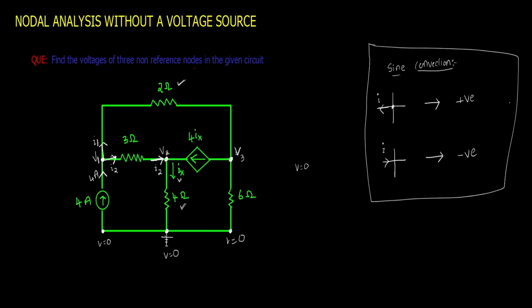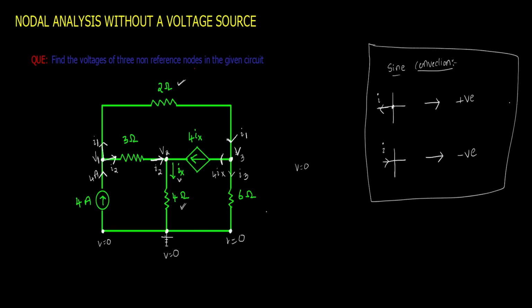So we are done with V1, the first node, and V2, the second node. Now we know that the current I1 passes through the 2 ohm resistor and enters the third node. So we name this as I1, and here we are already given the 4Ix current exiting the node. So this is 4Ix, and here we need to consider a current I3 exiting the node. So this is the way we decide the directions of the current in an electrical circuit for nodal analysis.